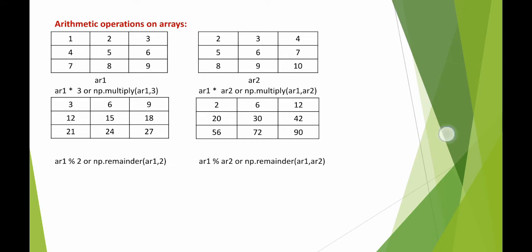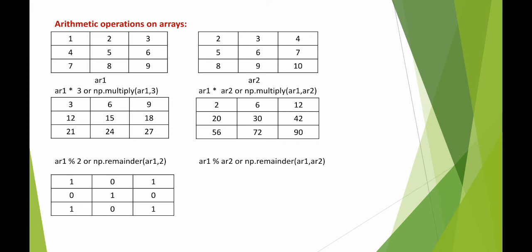something like this. See, 3 modulus by 2. When we are dividing 3 by 2, the remainder will be 1. Similarly, if we are going to divide 6 by 2, the remainder will be 0. When we are going to divide 9 by 2, we will have the remainder as 1. And correspondingly, we can see all the elements have been treated in a similar way.